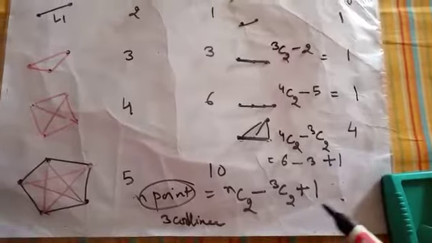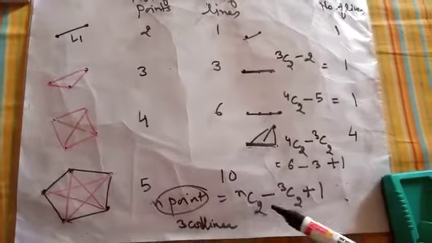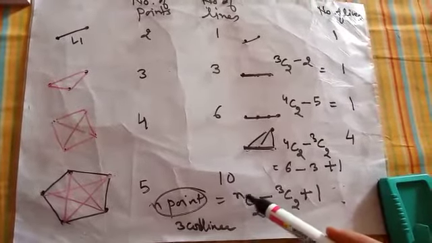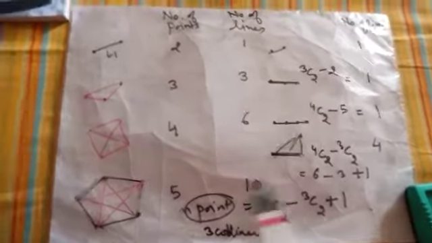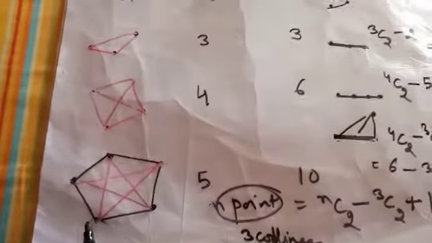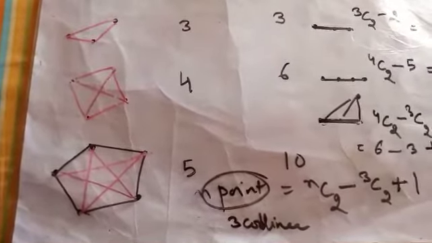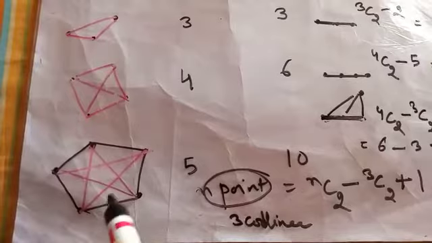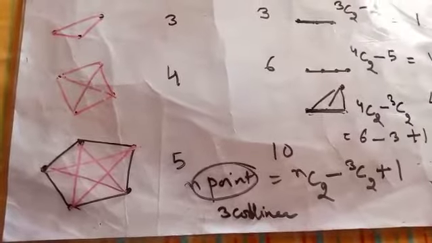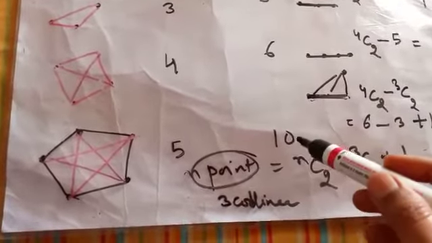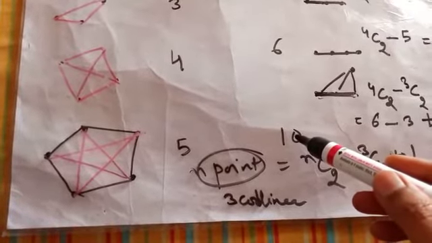So this is the formula which you have to apply when you have to find out the number of lines if the points are collinear. If suppose there are 4 points collinear, then the formula says nC2 minus 4C2 plus 1. Okay. Now how to find out the number of sides? Like suppose I have given you 5 points and I am asking you from 5 points how many diagonals, how many sides, how many lines will be formed? So all of you can answer. If we have 5 points, I can make 5C2 lines. 5C2 means 10 lines. Now if I give you the question in a reverse way, I have 10 lines, how many sided polygon is it?